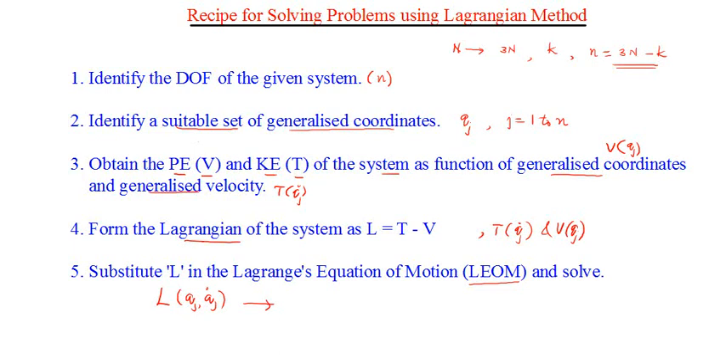So this is the thing: find d by dt of dou L by dou qj dot, for every degree of freedom, you have to write an equation and then solve it, minus dou L by dou qj is equal to 0. Solve it, you will get the required result. So once we finalize this recipe, let's go and solve